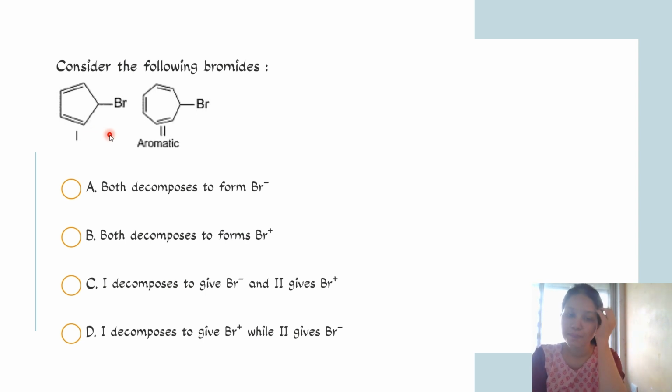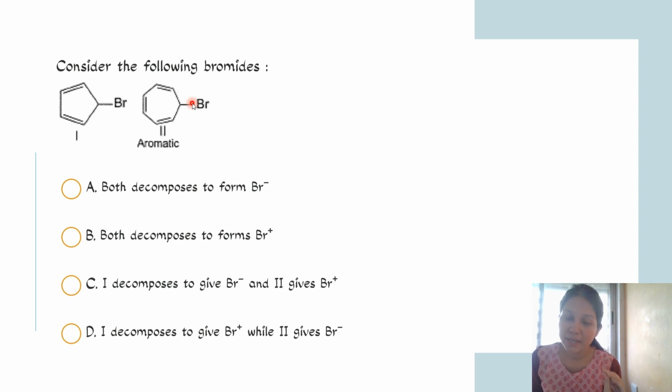So when it comes to the next compound, let us see how we are going to break the carbon bromine bond for this compound. Okay, here we gave minus charge here. So in the next compound where we will give the minus charge, let us see. Suppose we are giving the minus charge to this ring, just like we did for compound one. So if we give the minus charge to the ring and the positive charge to the bromine, what happens? You have now 8 number of pi electrons oriented on this ring. Okay, 1 2 3 4 5 6 7 8. 8 number of pi electrons are delocalizing across the 7-membered ring, which will lead to a destabilized anti-aromatic system. So, breaking of this carbon bromide bond in this fashion will not be favorable,